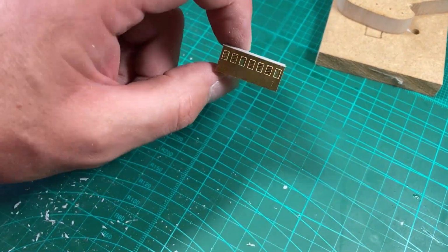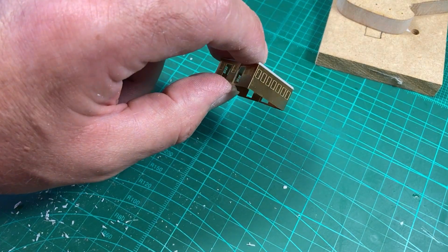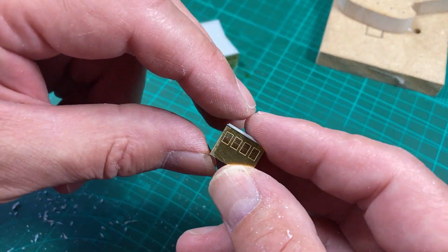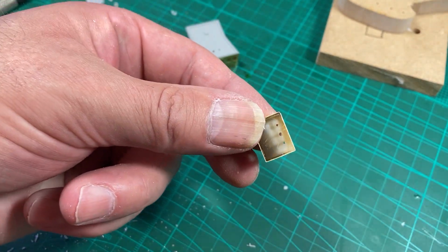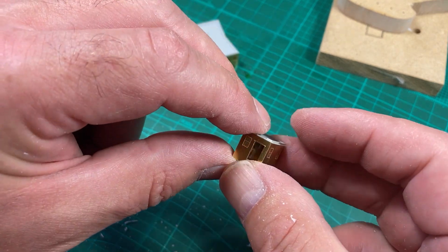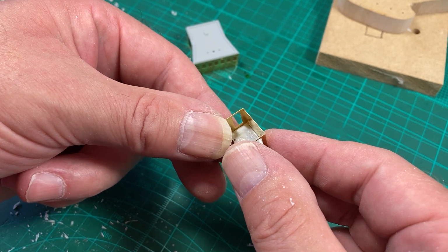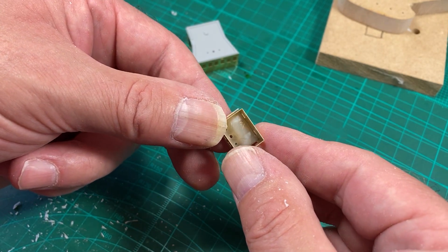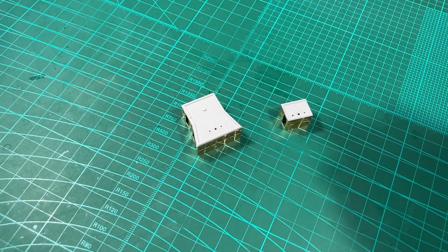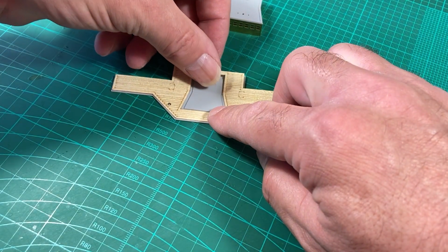Okay, so that's the two carbons done with the photo etch wall replacement, and they're looking pretty good. This one's come out good after, despite mashing up the inside of the top. Again, it fits on there nicely all the way around. So I've tidied up the inside a wee bit just by paring back the mess of saw marks and whatnot, but never ever going to see that. Okay, so now let's check how this is all going to fit together. Because if you remember, the point of this was...